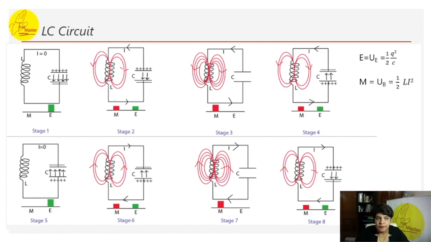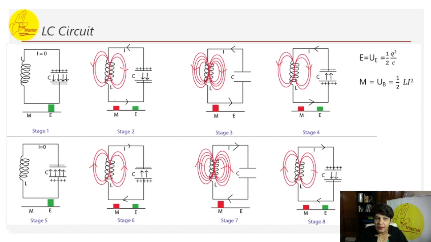LC circuit. A charge can be made to oscillate in an LC circuit. We can produce electromagnetic waves with this LC circuit and we can use it to generate signals. Another application is an inverter. So the two main applications of this circuit are that we can produce electromagnetic waves and we can use it for inverters. In this basic LC circuit, you can see we have L, which is the inductor, and C, which is the capacitor. So we have basically L and C in a circuit.